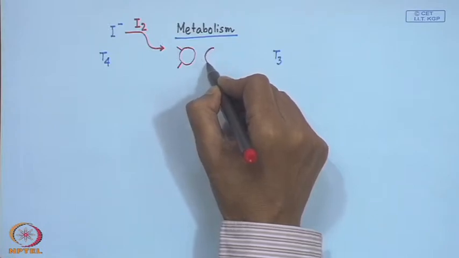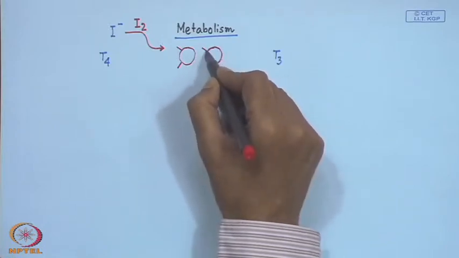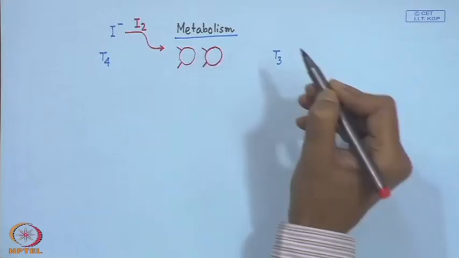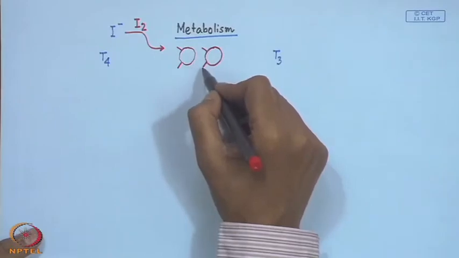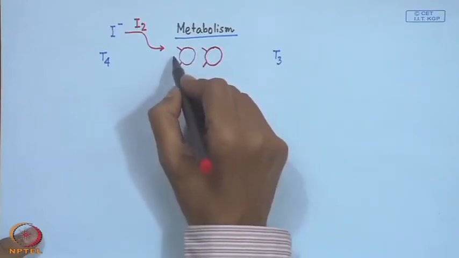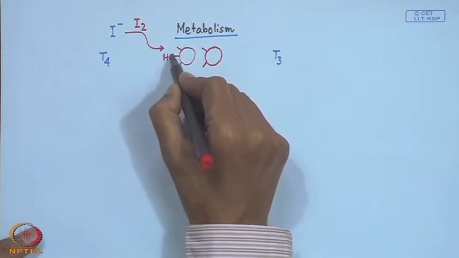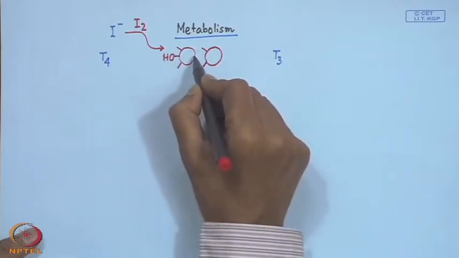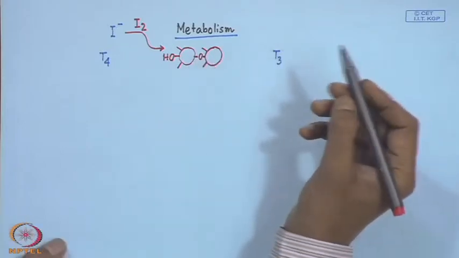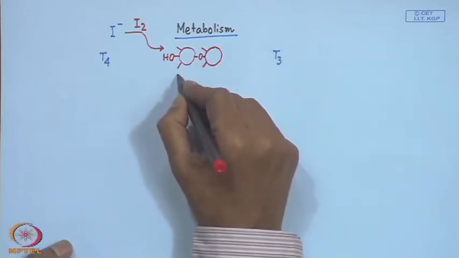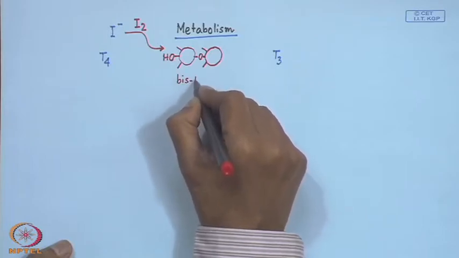So, T3 and T4 can only be possible if we have two such benzene rings which can give rise to 4 ortho positions with respect to the corresponding OH groups available. And if this is attached to the second molecule, we get a corresponding bisphenol molecule. So, we have a bisphenol unit,